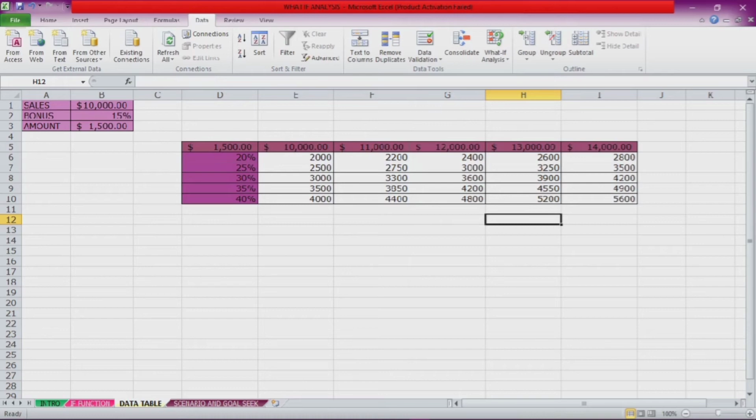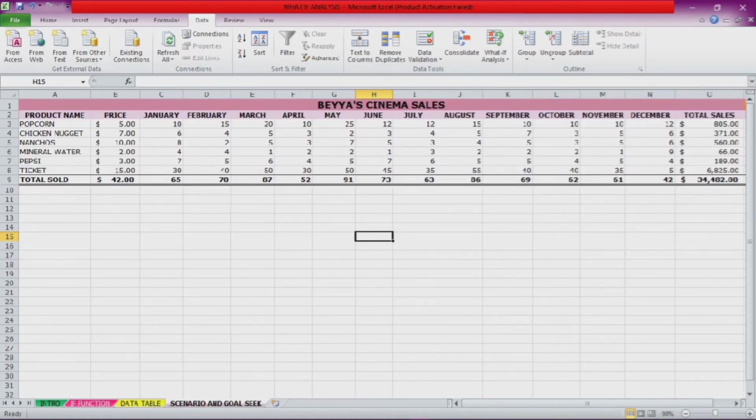Okay, and then we go to the scenario and goal seek. The scenario lets you substitute values from multiple cells at the same time. You can create as many scenarios as you want and then compare them without changing the values manually. You can see in the example here